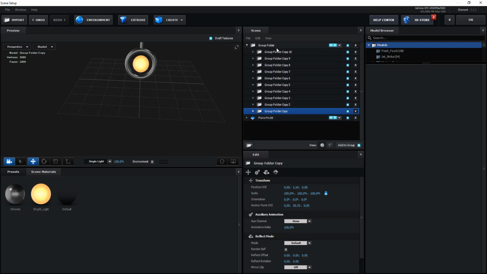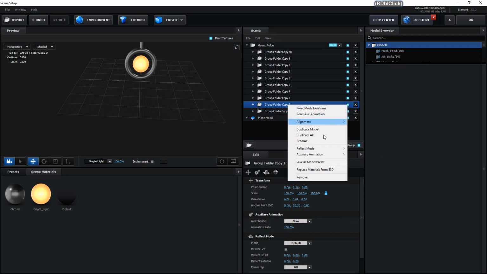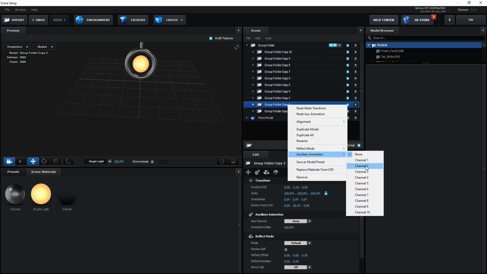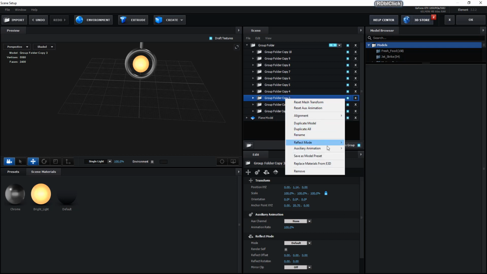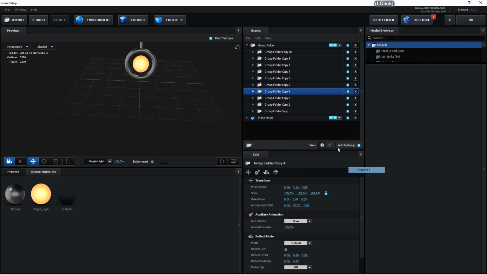Once we got all the subgroups, 10 subgroups, we need to apply each subgroup to each auxiliary channel. So right click and copy to auxiliary animation channel 1. Then right click, copy to auxiliary animation channel 2. So goes like that. 4, 5.